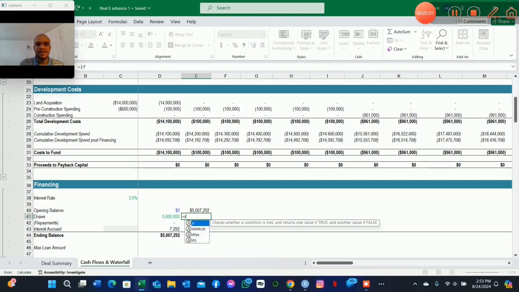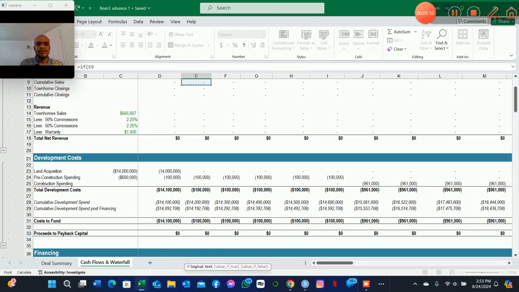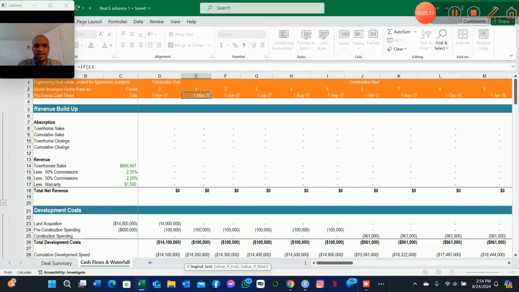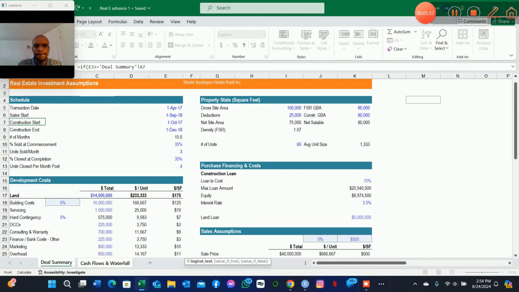So we're going to say if, in bracket, if the date that we are in is greater than or equal to the date at which construction starts, because that's when the draws will be made